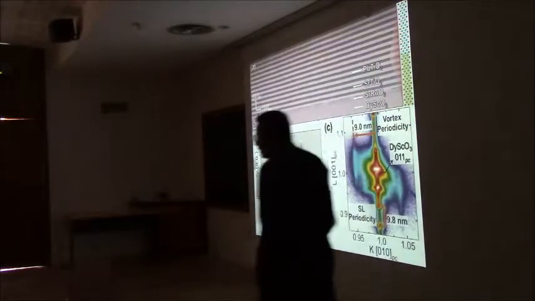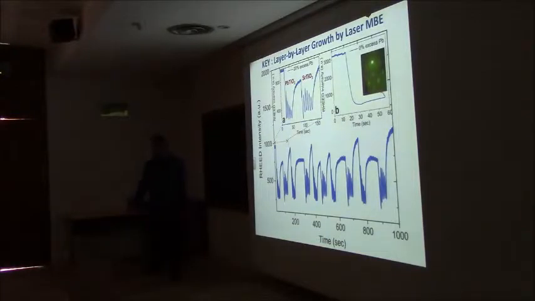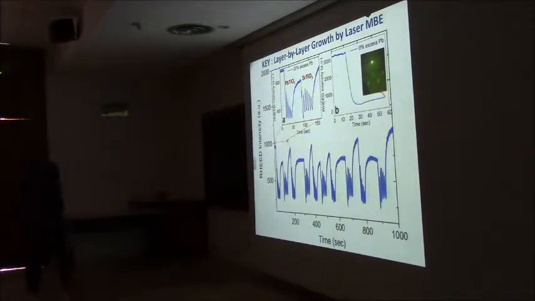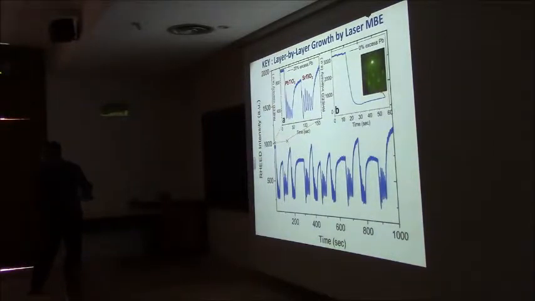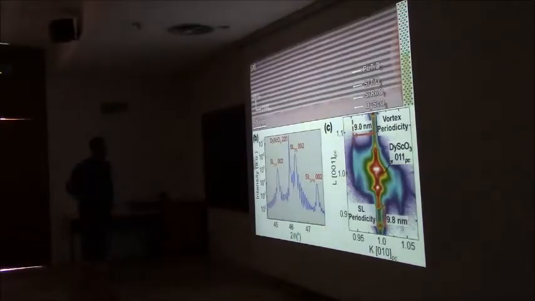Yes? Excuse me. On the previous slide, you showed your RHEED oscillation. It seems that it improves every two layers. An explanation? It's a really good question. I'm not sure if it is something routine, or if it means that it is very controllable. I had the same question too. Is it something that's happening on an ordered basis, or is it statistical? We haven't seen this again and again and again to be able to say, oh look, something is correlated.